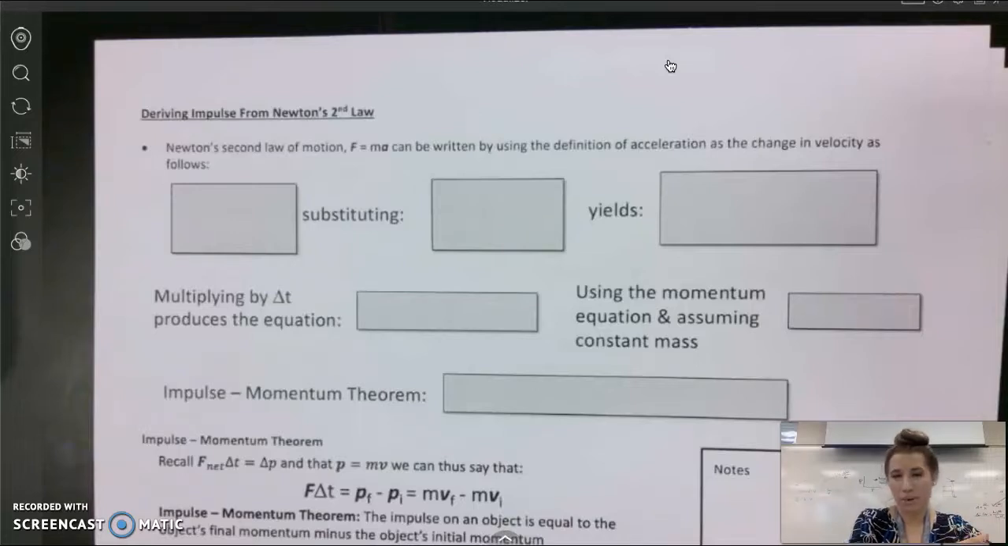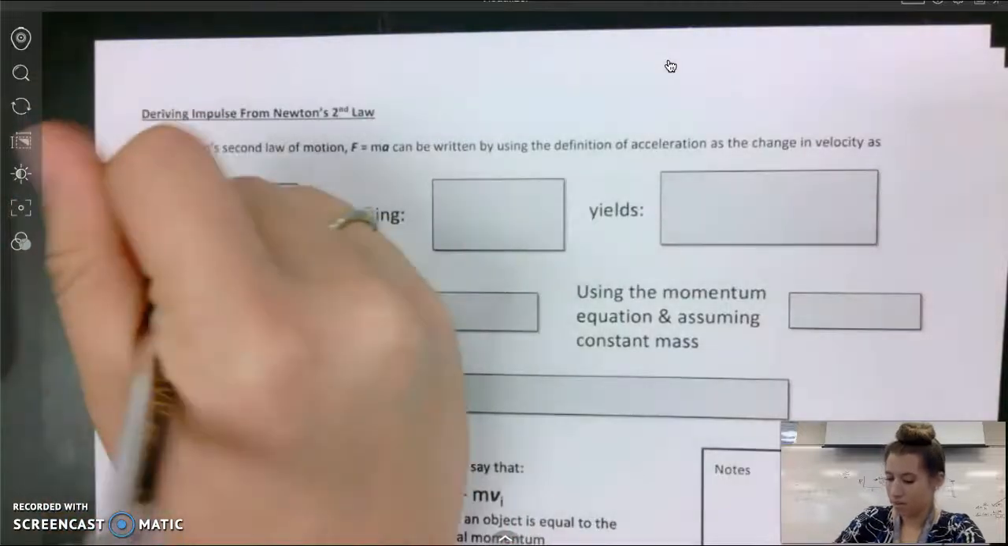There's multiple ways of going about it, and let's go through it step by step so that when you're asked to do this on your exam, you'll feel confident in that. Okay, so we're trying to derive impulse. Derive impulse from Newton's second law. So let's start with Newton's second law then. So we have